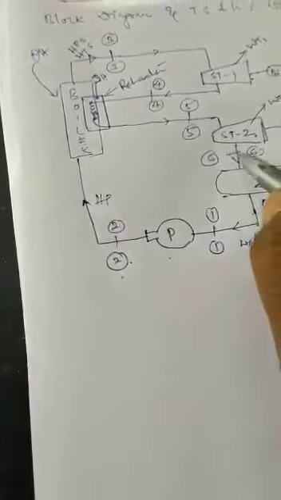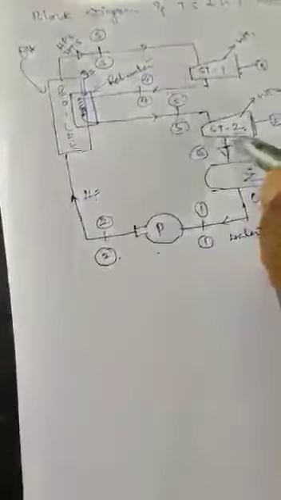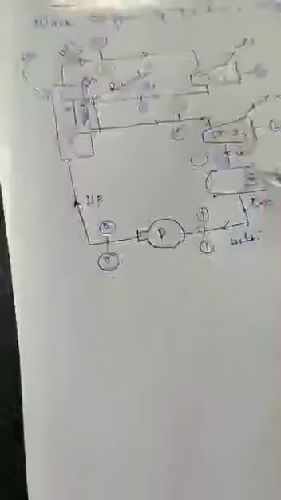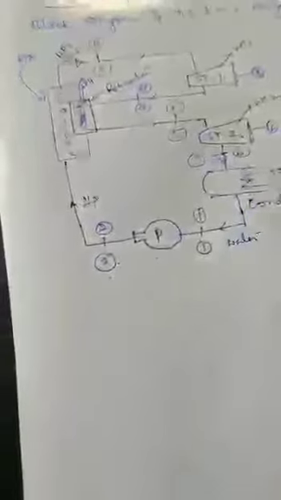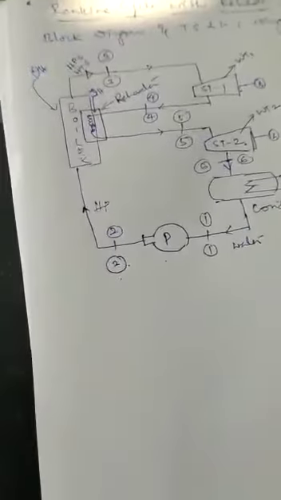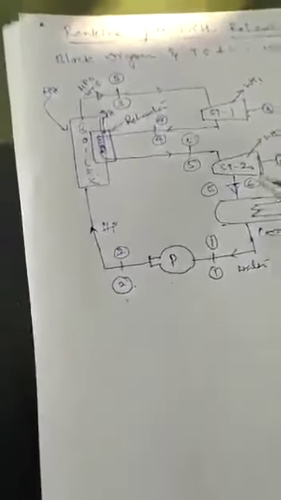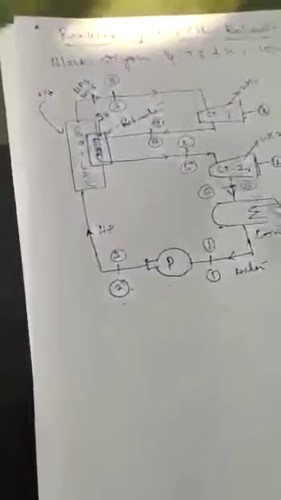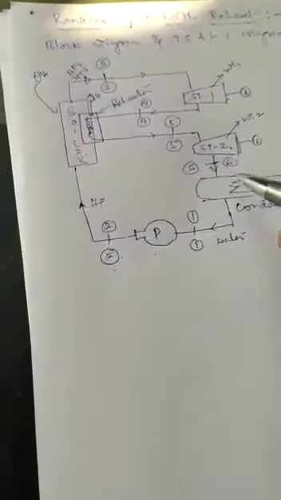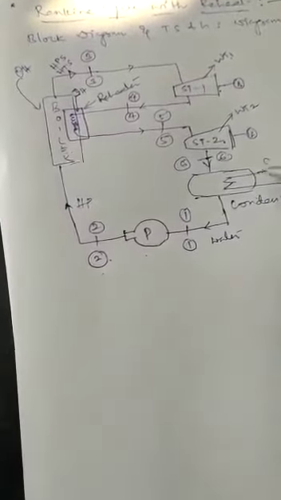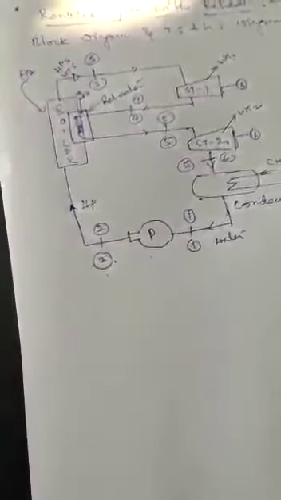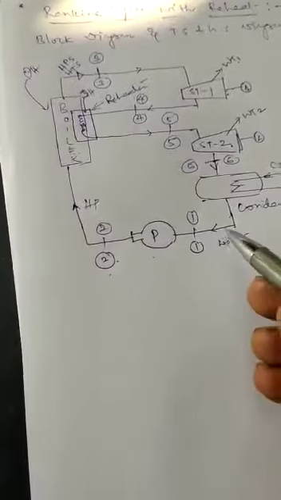At point 6, the expanded steam coming out from the steam turbine enters the condenser. Here the function of the condenser is to condense the working substance coming out from the steam turbine, and the phase change takes place inside the condenser. The vapor state is converted into liquid state by cold water flowing in and out. The condensed water enters the pump. Again this process is continued.